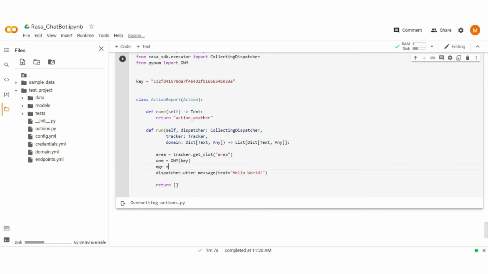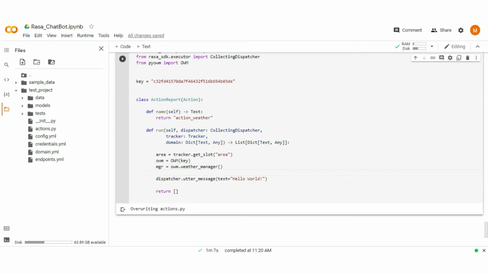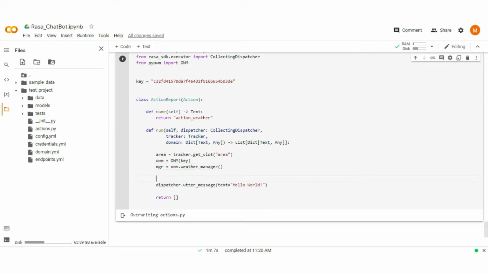Call weather manager. Create the observation for weather at the user input area. Pass the area as input.